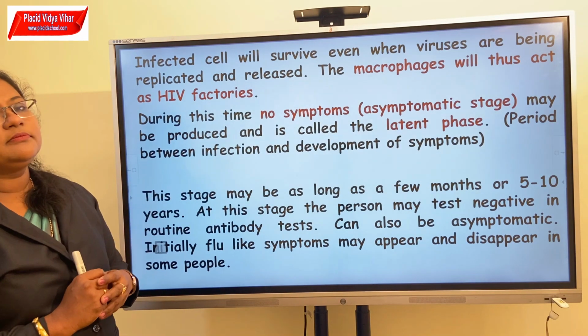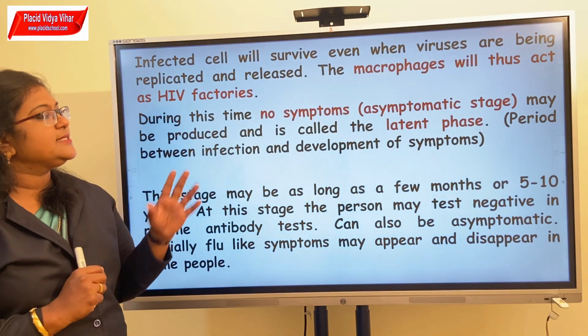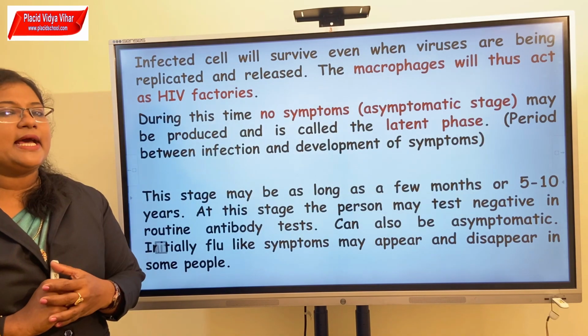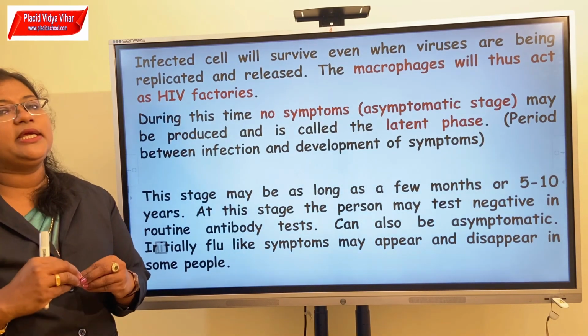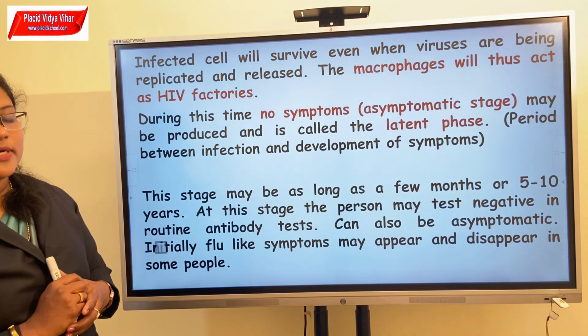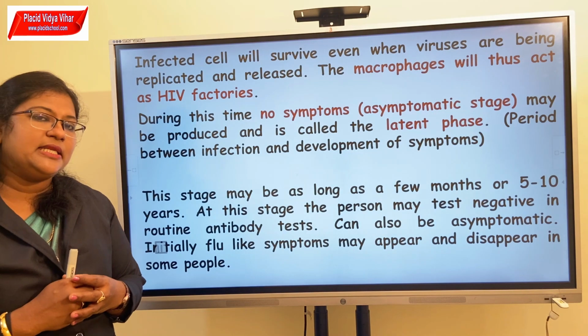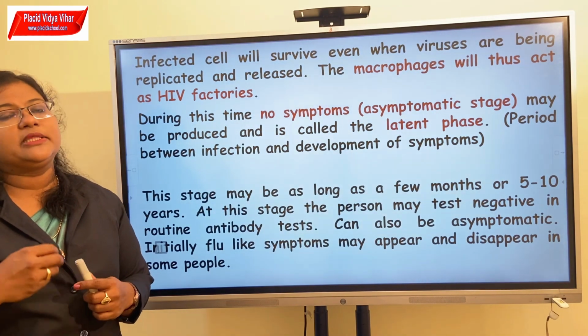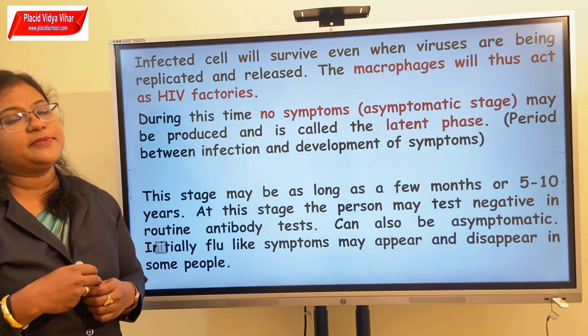Then during this time, many people will not produce any symptoms, or you can say that is an asymptomatic stage. It is also known as a latent phase, where the person is actually infected but no symptoms are produced. This stage may be as long as a few months or sometimes many years. That is why we have many persons carrying the AIDS virus without intentionally knowing it and transmitting it to the